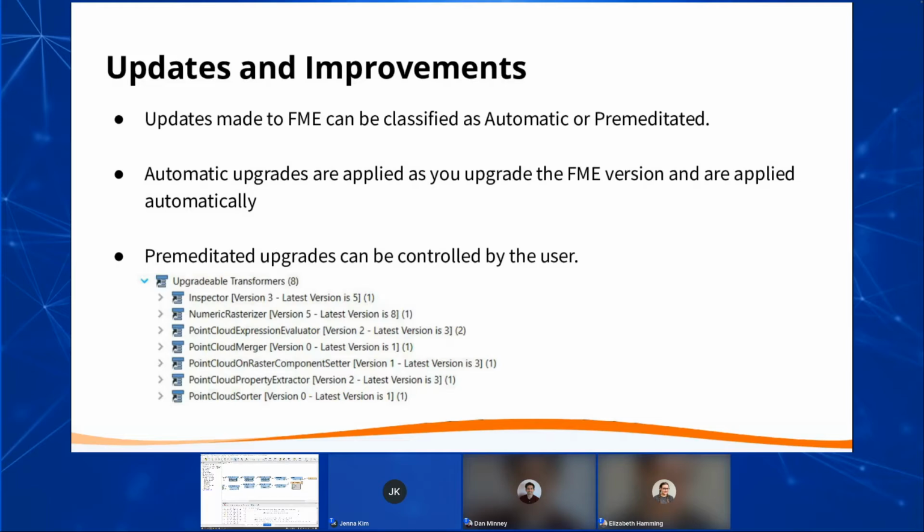Whenever you upgrade to a new version of FME and you open up a workspace authored in a previous version, you can look for a section in the Navigator window labeled Upgradable Transformers. These are optional upgrades that you can apply to a transformer, but before doing so, you should always check the changelog of the transformer to see if any changes were made that might affect the results of your current